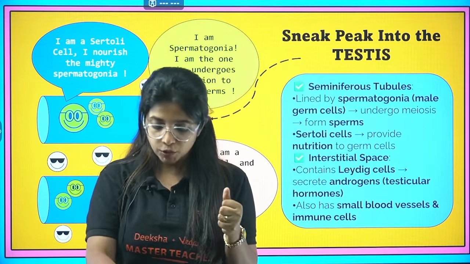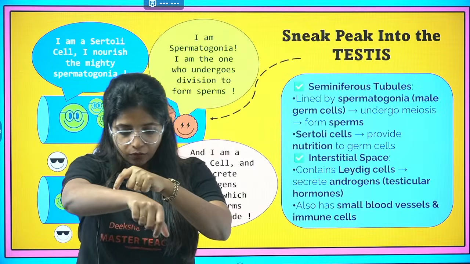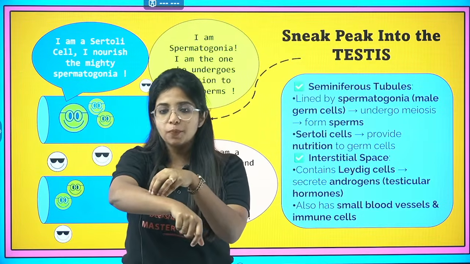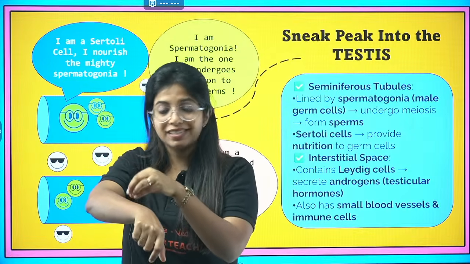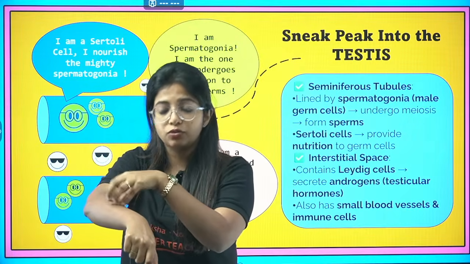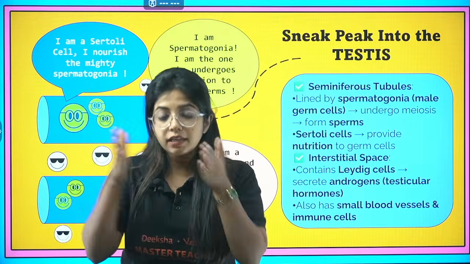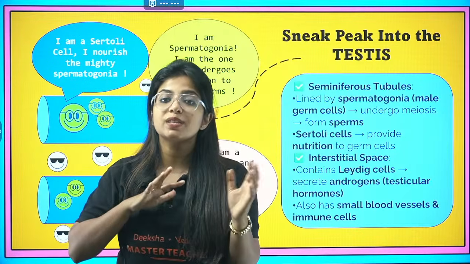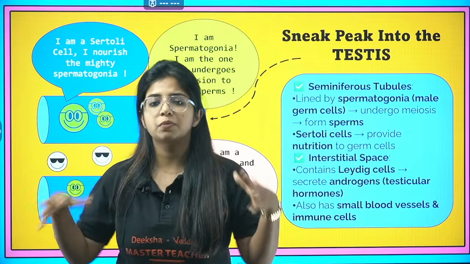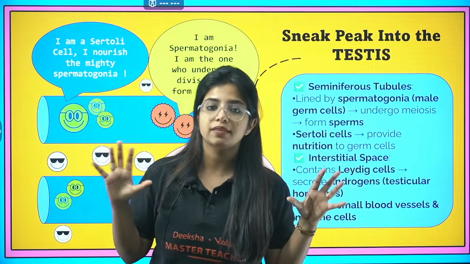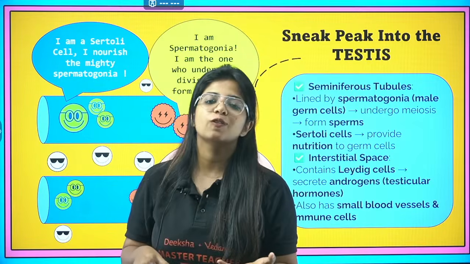Reductional division. So suppose I get a wound over here. At this particular point of time, when I get a wound, what is going to happen? The cells are damaged up there. Now the old cells which are there are going to divide and make the new cells out there. When the cell division takes place here, it is known as mitosis. They are just filling up the space. They are not worried about the chromosome numbers. The chromosome numbers are going to remain the same. If I had 46 chromosomes in a normal cell, the other cell will also be 46.